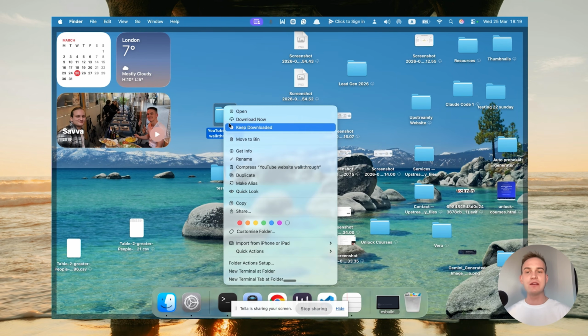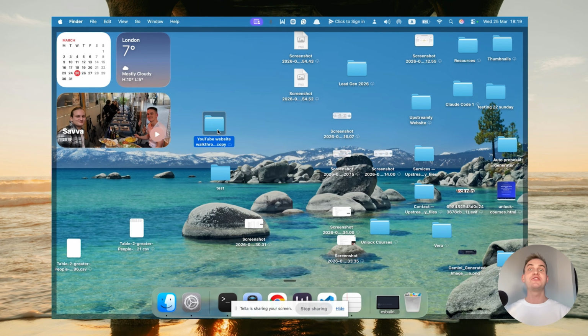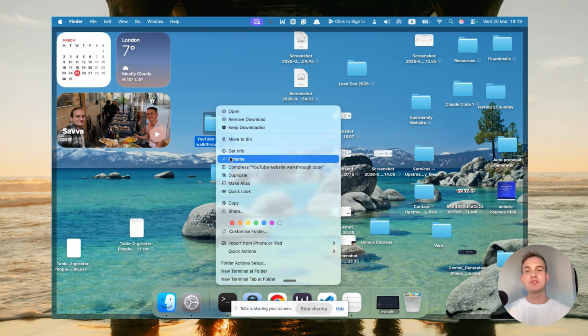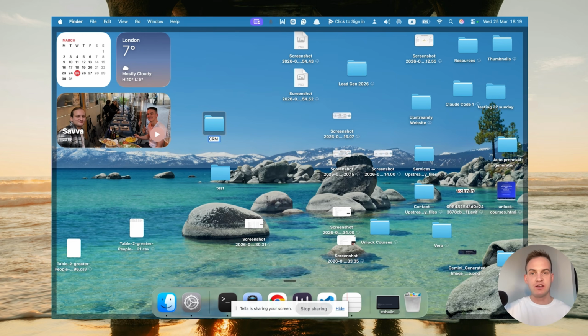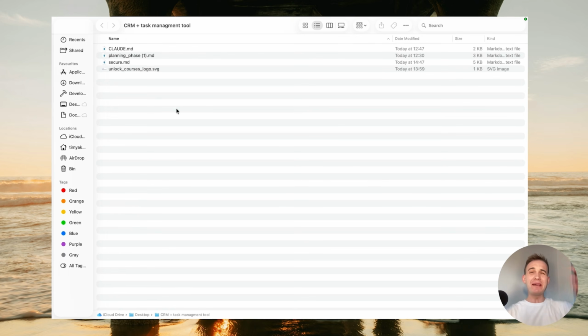I'm going to click into it, and then I'm going to duplicate it. And you should be able to see that now it says copy on it. So I'm just now going to click into it, rename it, and I'll call this CRM plus task management tool, and I'm going to double click into it, and I'm basically going to remove every single file that I don't